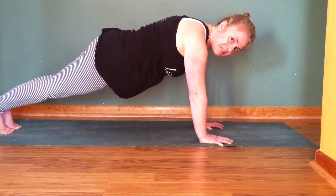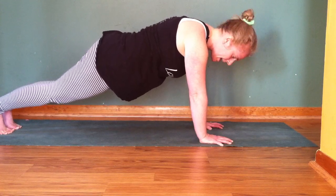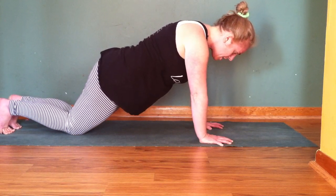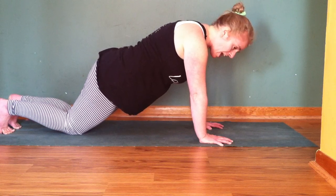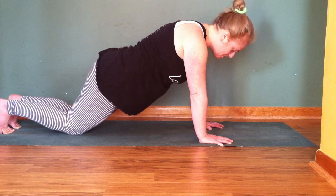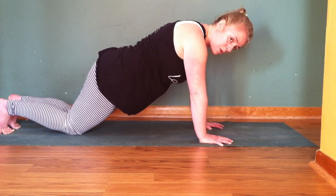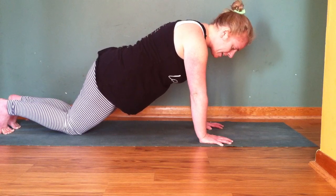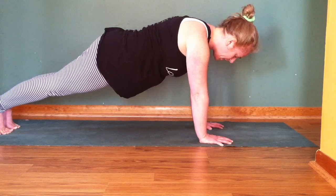So you're going to take 8 breaths here if you can. You can always modify by dropping the knees. Even if you have your knees to the floor, tighten in on the abdominals as much as possible, pulling them back towards the spine, supporting the lower back, and getting that nice core work. So we're going to stay here with our legs up, okay? So then